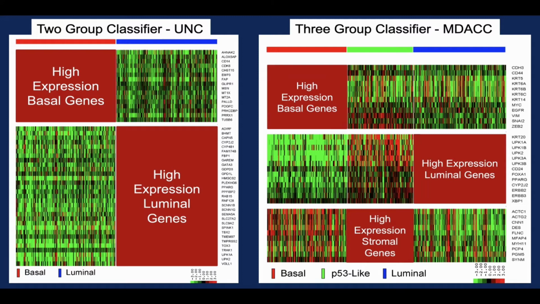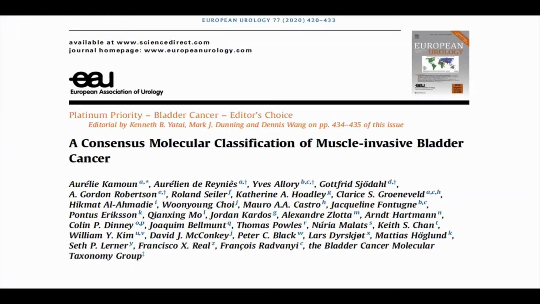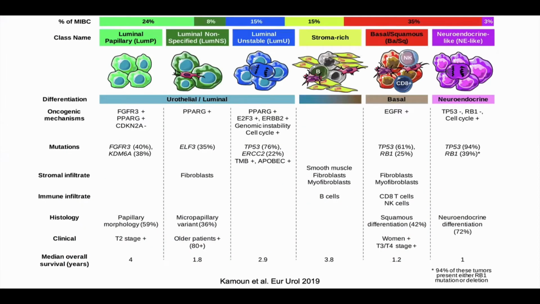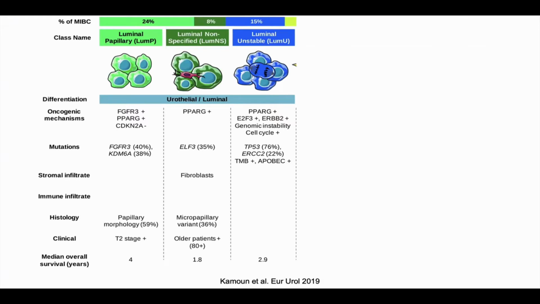And so we have a two-group classifier, a three-group classifier. The TCGA was initially 4, became 5. The Lund classifier has varied over the years. It was a bit of a mess. Everybody had their own scheme. And so last year, most of the people involved in subtyping got together and developed a consensus classification. So consensus meaning that everybody threw their data together and they agreed on methodology, and then they agreed on names of the subtypes. And so this consensus classification has 6 groups,